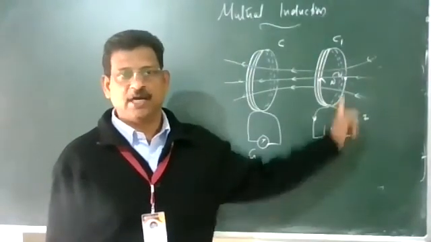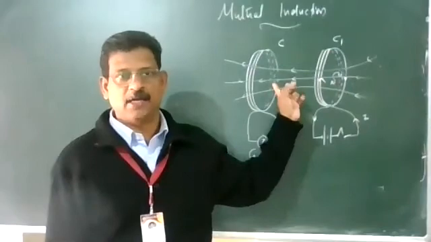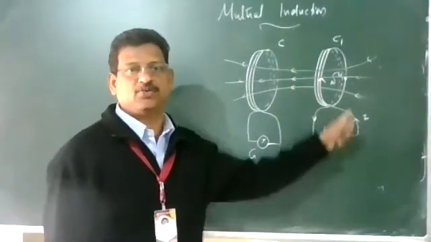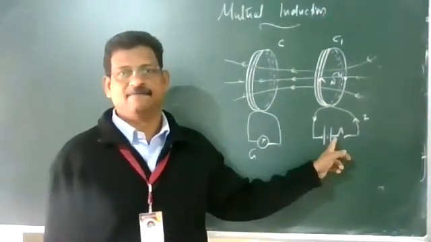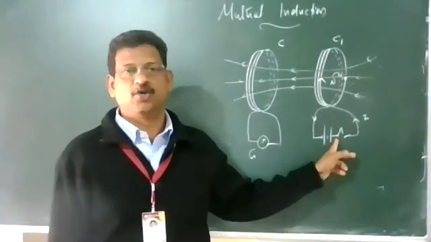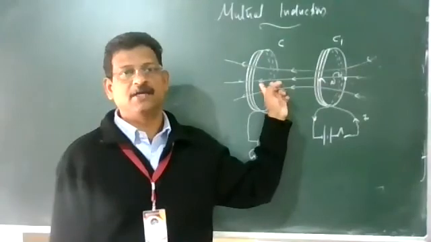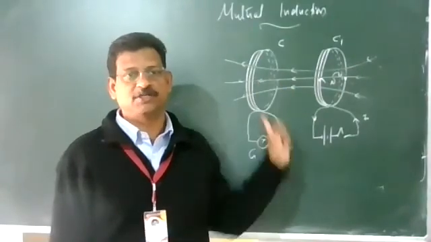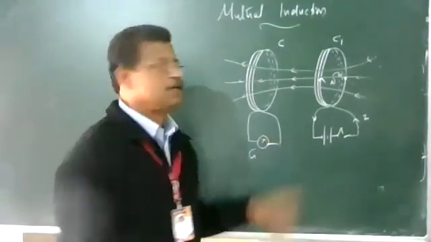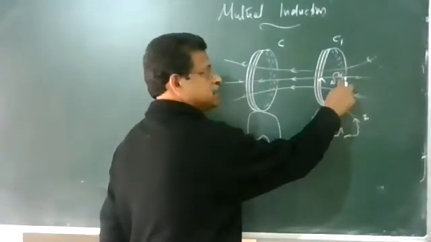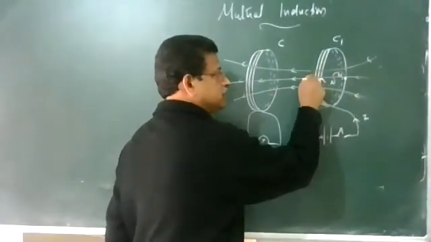So when there is no current, there is no magnetic field here, no flux, no current here. As soon as you close the key, current increases, there is a growth in the magnetic field, the magnetic flux of the coil changes and current is induced. So here this side is south, this side will be north.